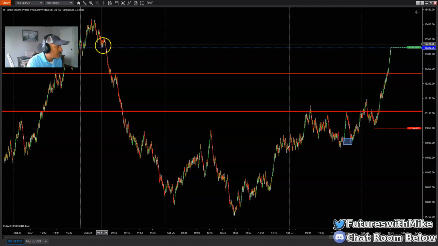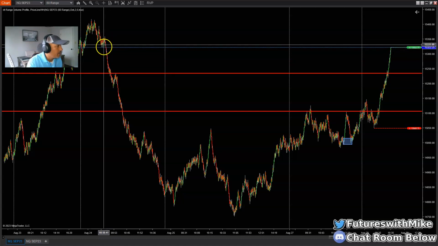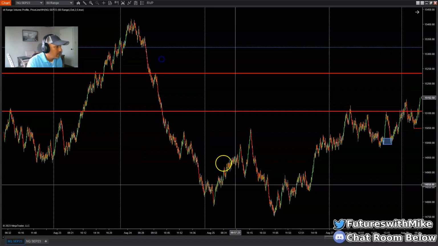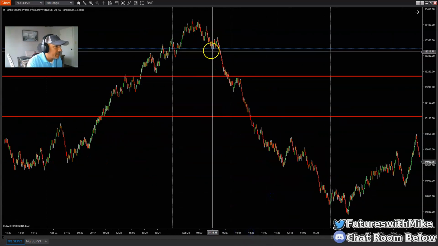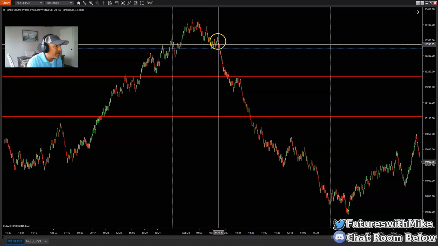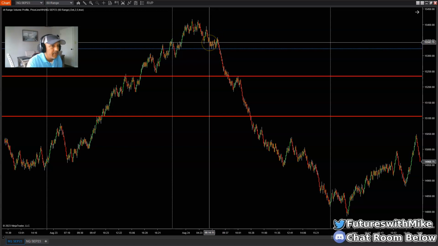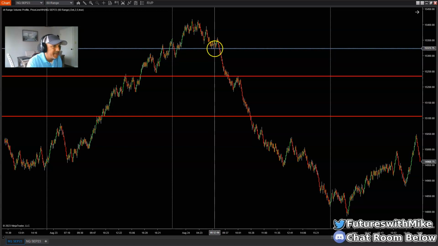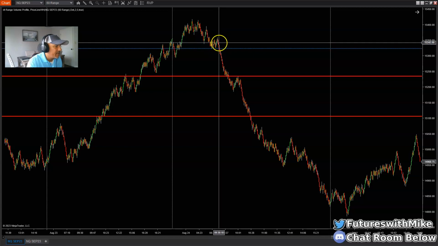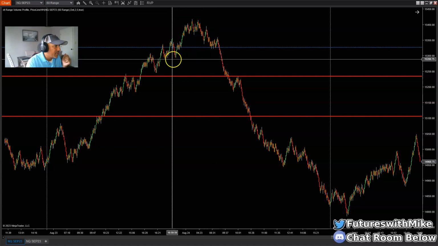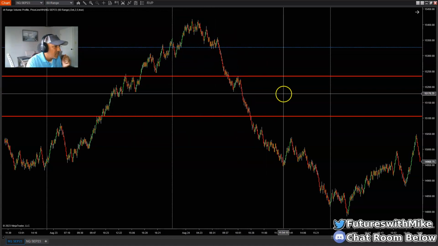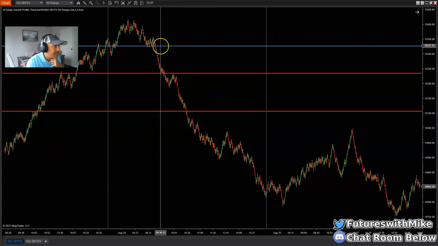And it went right to exactly where I thought it was going to go, to this area up here. Right here where you see this. Let me blow it up for you. Okay, this is an area of supply resting right here around 42.75. It hasn't gotten it yet, but it's aiming for this area here. Price is making lower lows and lower highs, breaking structure to the downside when price moved lower here. So you can see it tapping into it now. It's right at the 27 or 28 area.